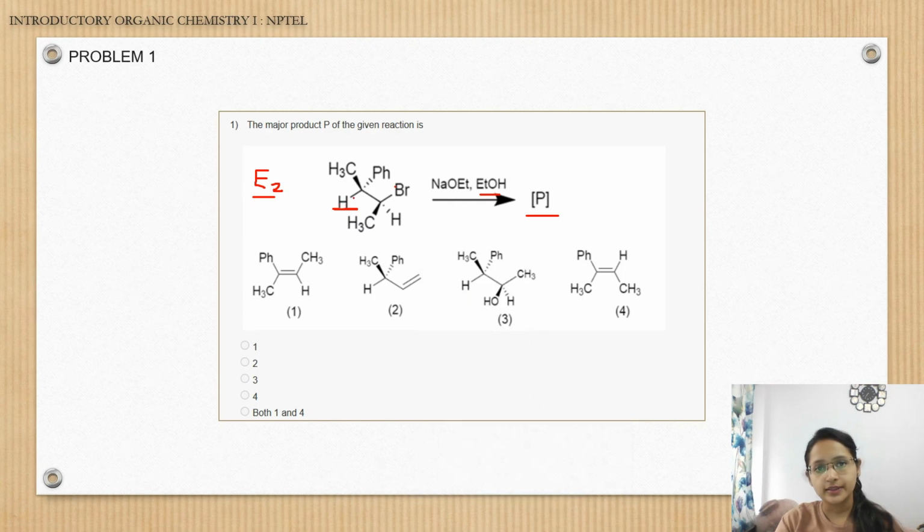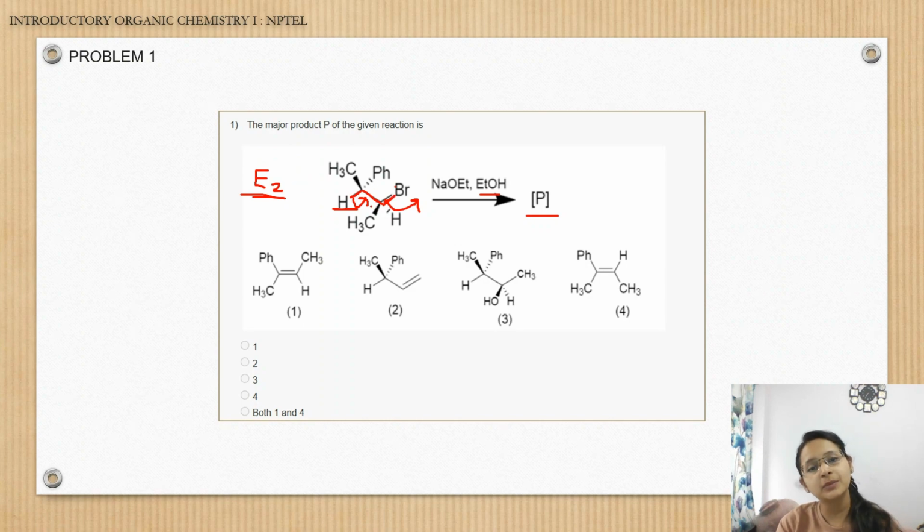How? See, this proton is taken by base, and this is how the alkene generation will take place. It is the E2 elimination that is operative in this particular reaction. E2 means the trans elimination. Here the hydrogen which is getting eliminated and the Br, that is the leaving group, should be anti-periplanar to each